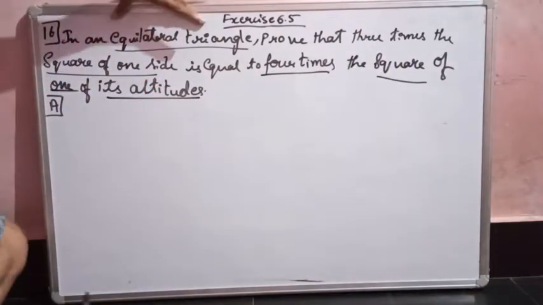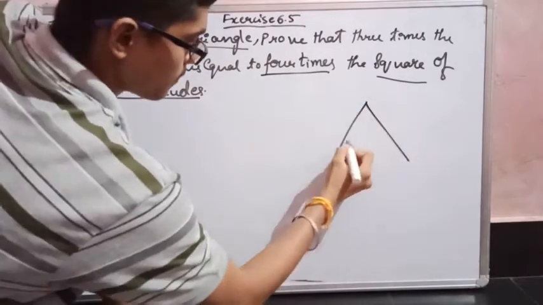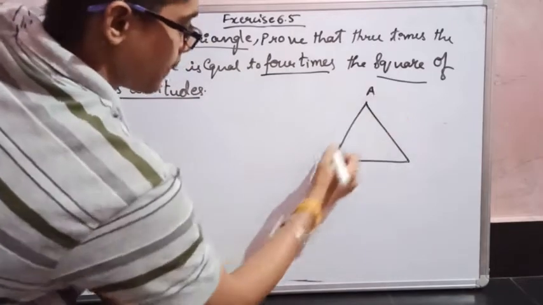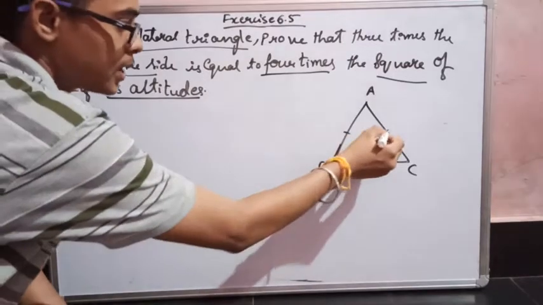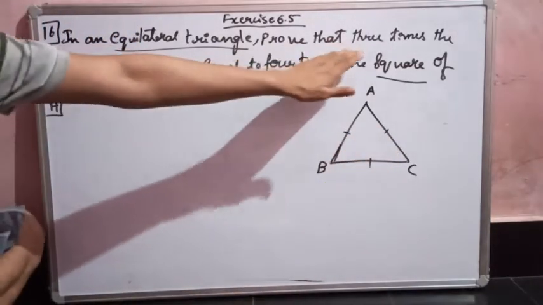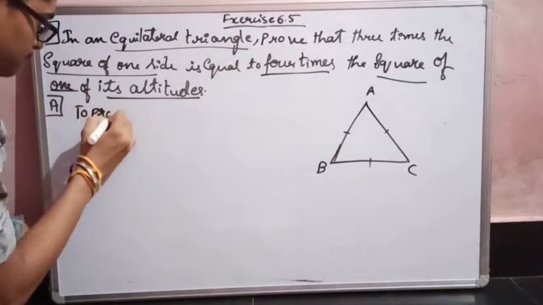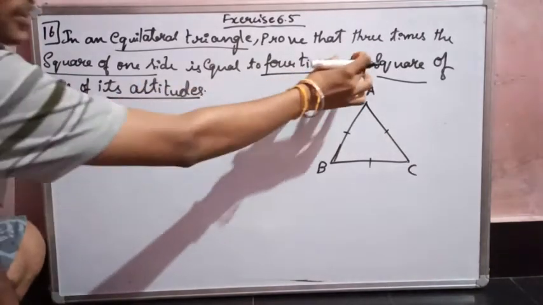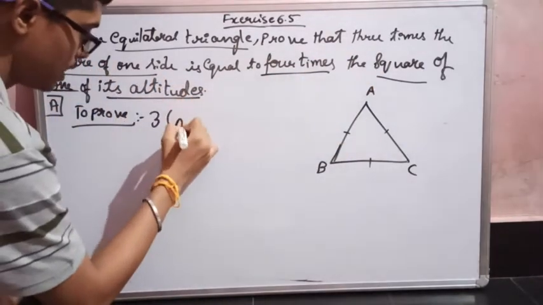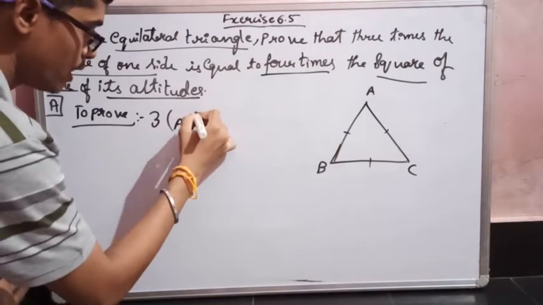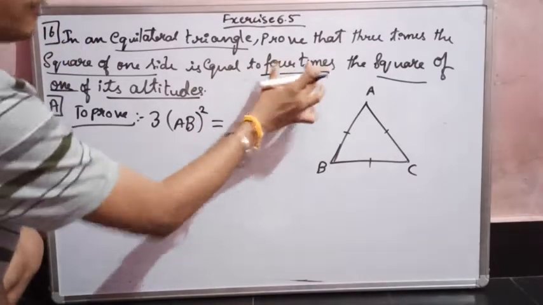Okay, he is giving that in an equilateral triangle. Let me consider an equilateral triangle first. Okay, A, B, C. This is an equilateral triangle, which means all sides will be equal, of course. Prove that 3 times the square of one of its sides. What we need to prove is 3 times the square of one side, any one side we can assume. Let me take it as AB. 3 times the square of one side is equal to 4 times